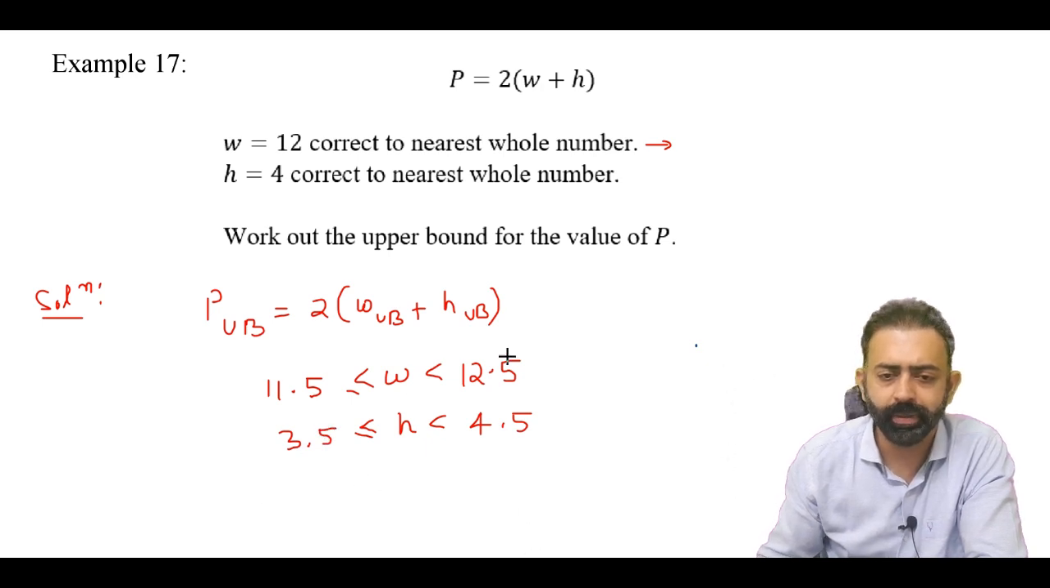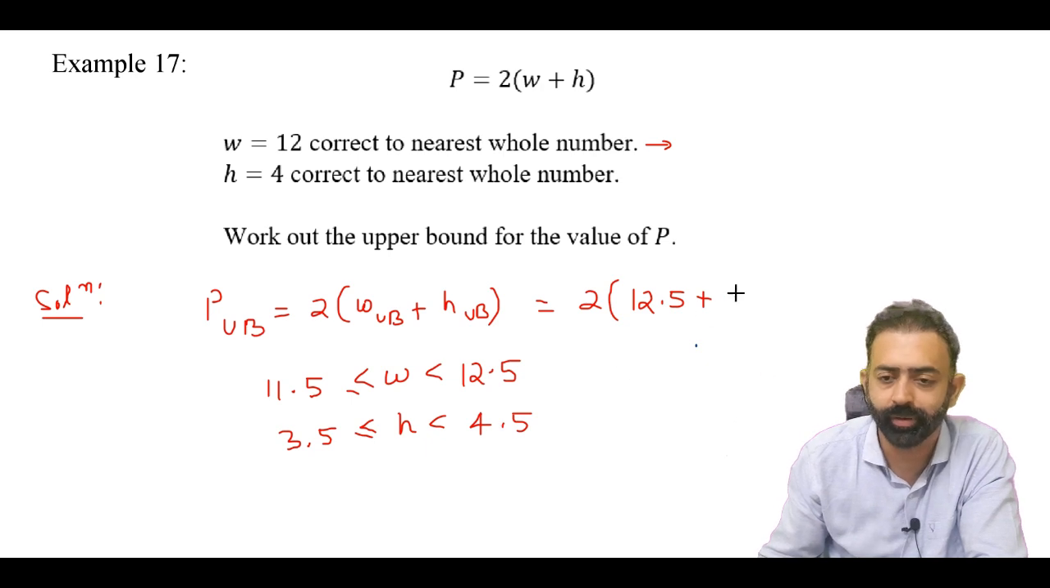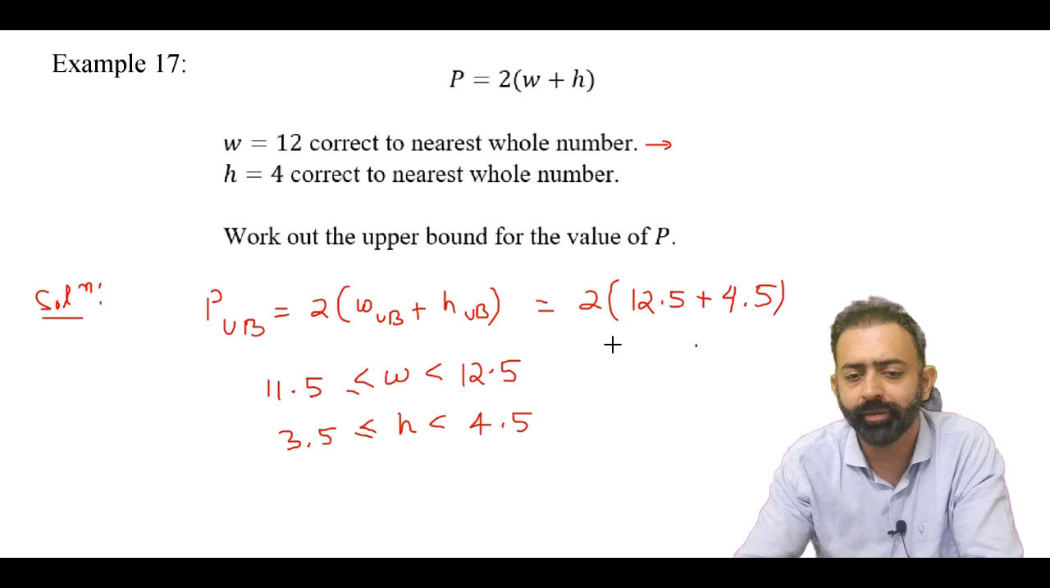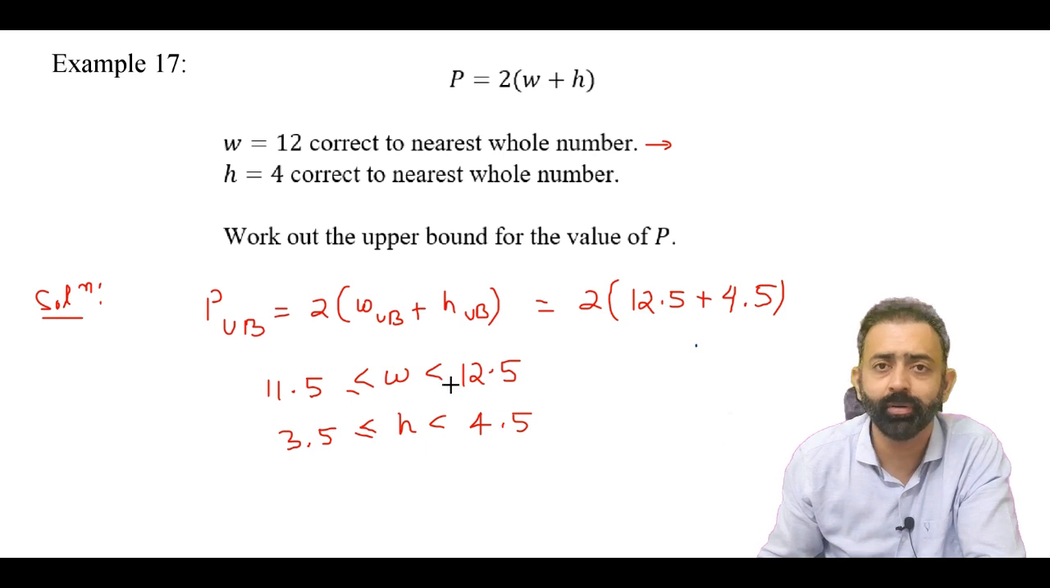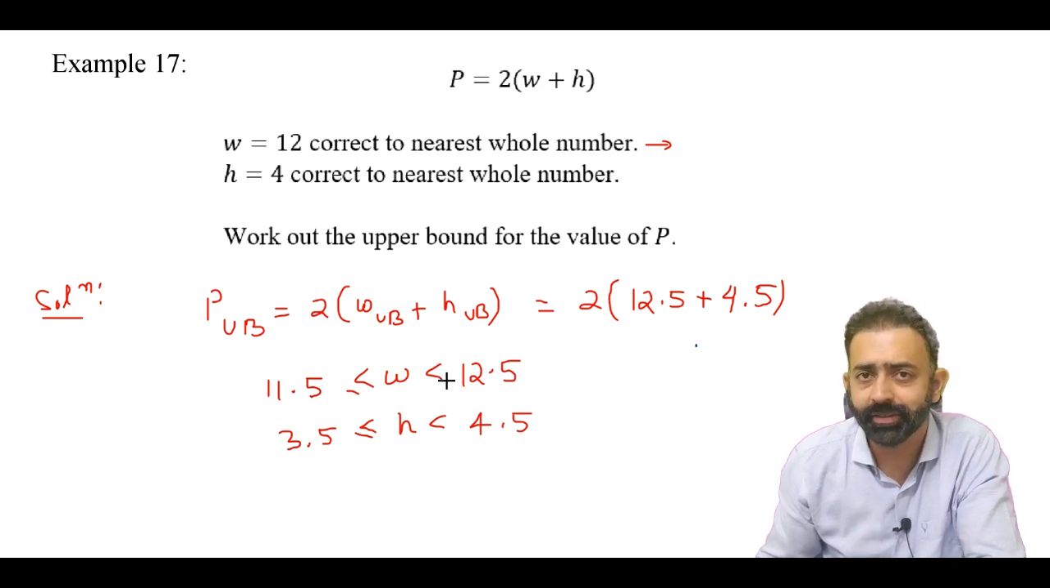Okay, so P of upper bound will be equal to twice of upper bound of W, which is 12.5, and lower bound of W is 4, upper bound of H will be 4.5, sorry. Now you must be wondering, if this is not included, 12.5, why we are using this value in finding out the upper bound? I will answer this